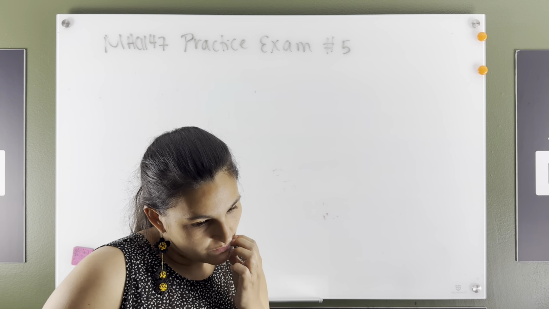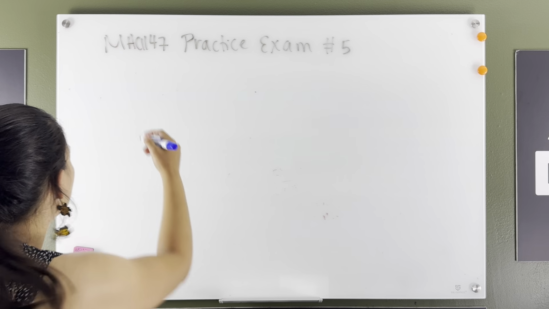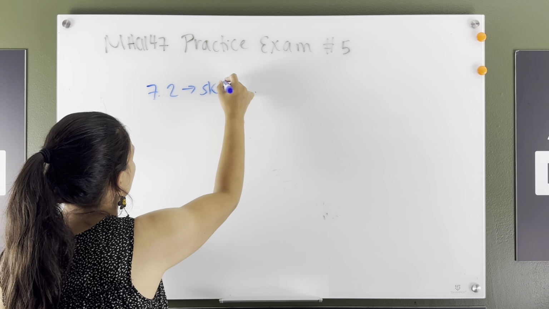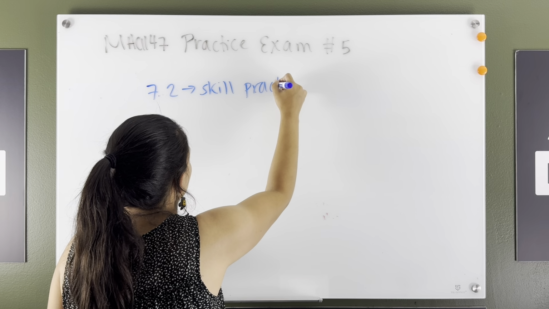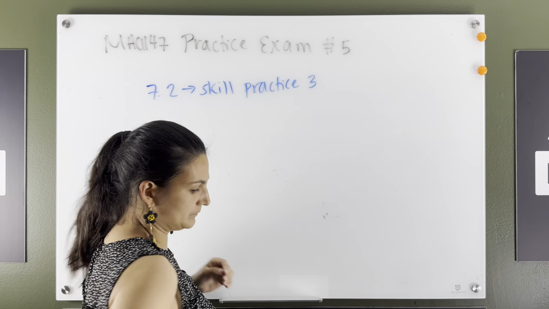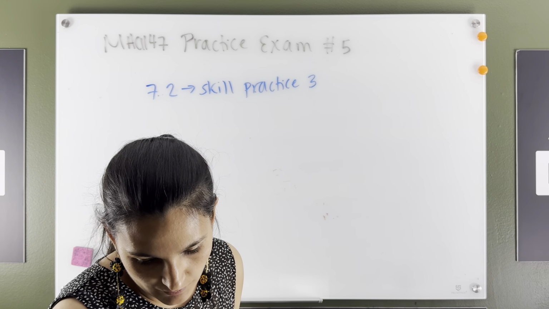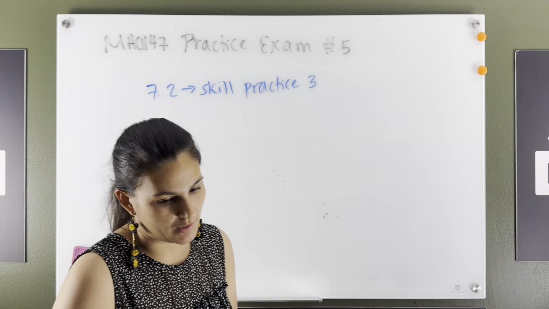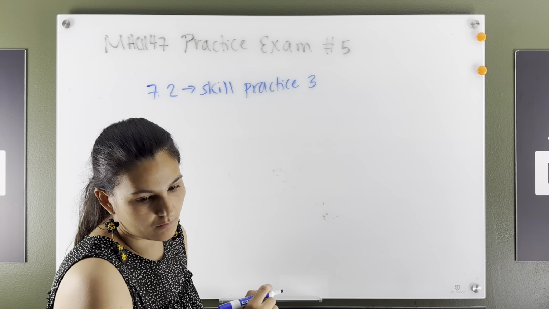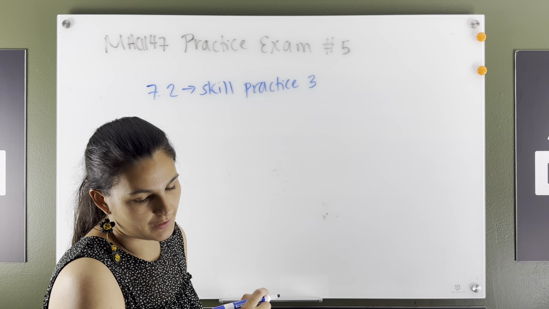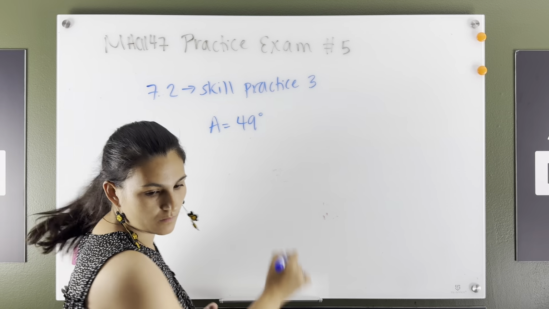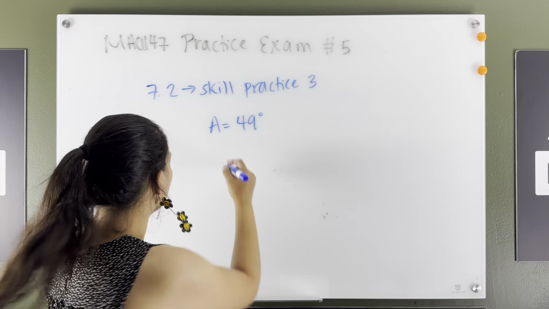Okay, moving on to skill practice 3. This is still 7.2. So what do we have? They give us angle B, B, and A. Oh, I was looking at the wrong one. They gave us angle A, side A,